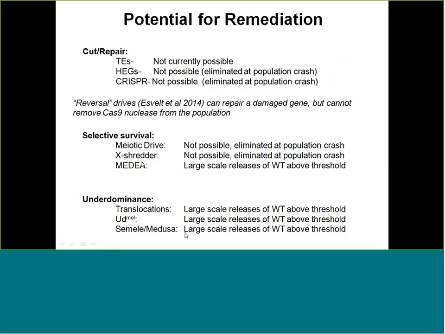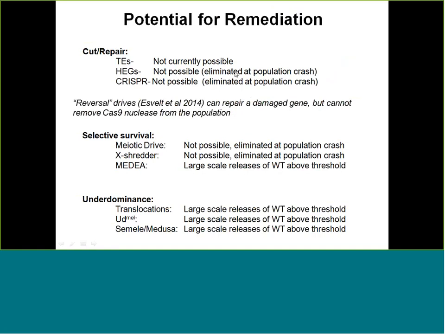Okay, so what's the potential for each of these systems for remediation? That is, how do you remove this from an environment once you start releasing? For transposable elements, it's not currently possible. For nucleases like homing endonucleases or CRISPR-based gene drives, it's really not possible to remove them from a population, but if